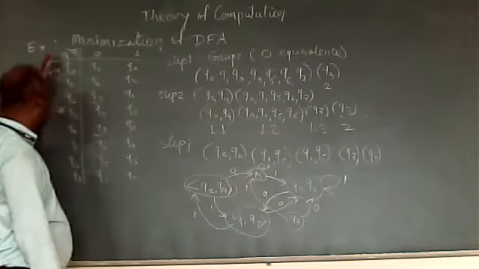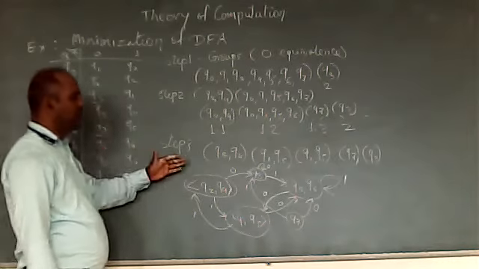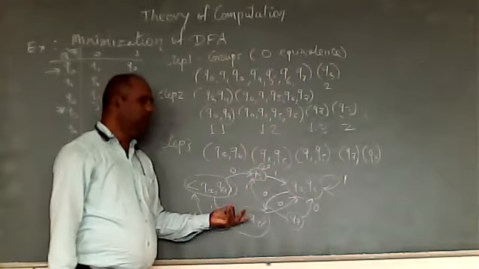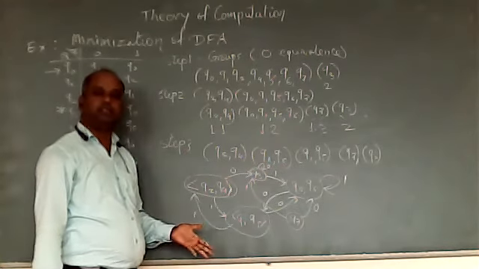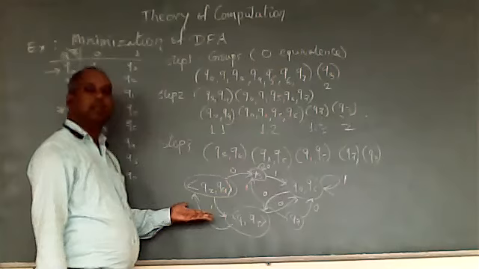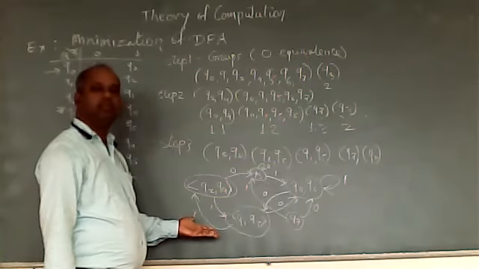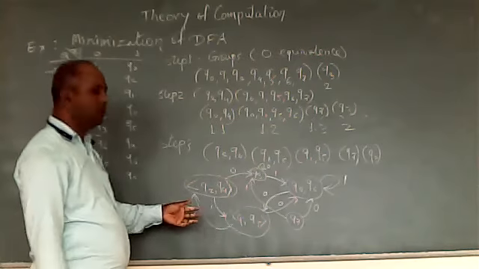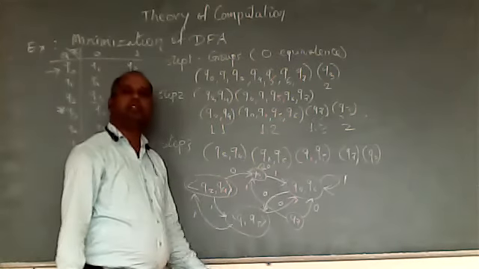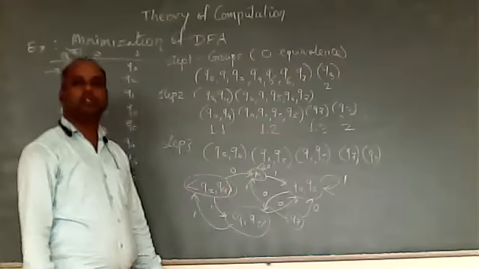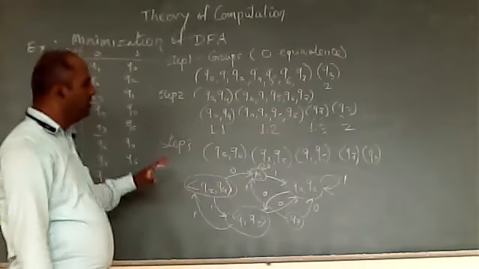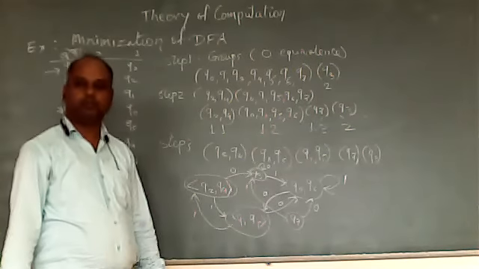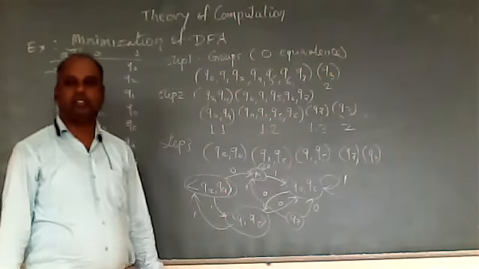Now if we see, here we had 8 states, and now we have only 5 states. We can rename these states as A, B, C, D, E and show the transitions; some reference books show it like this. But this is the way we can reduce, or minimize, the DFA. All these 8 states can be represented with 5 states because the grouped states have the same property, so there is no need for a separate state. So this is the whole procedure of minimization of DFA. Now you just try on your own, solve more problems, and if you have